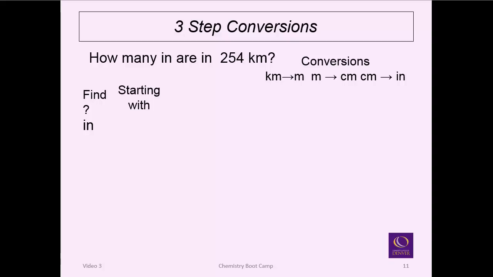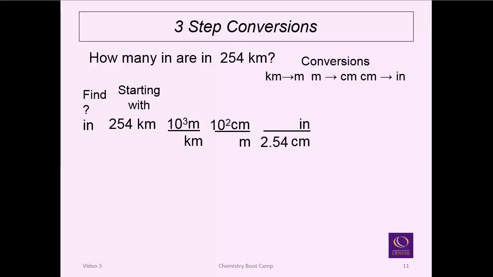I'm just reminding myself, what am I starting with? 254 kilometers. Okay, I know I can get from meters to kilometers, centimeters to meters. If I look at where I'm at, I should now be in centimeters and inches to centimeters. So when I'm done, I can look just by dimensional analysis and see that I get to the right units. Now I just have to put in the right numbers. Then I can do the math. And I did this on purpose so that it'd come out fairly easy. 254 by 2.54 is 100,